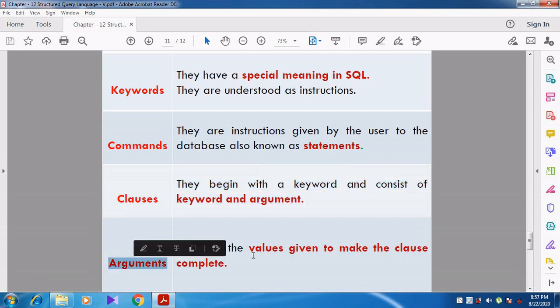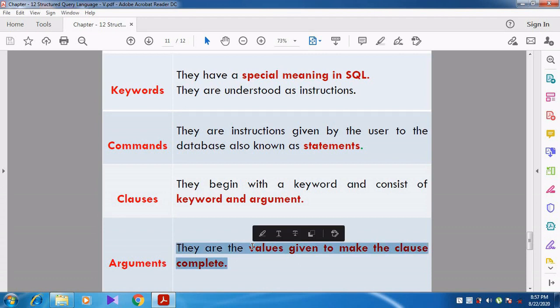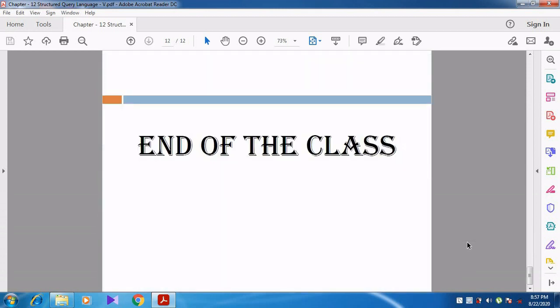Then what is meant by arguments? Arguments are the values given to make the clause complete. Like we discussed functions in C++, functions contain arguments, which are values. Here also the arguments are the values given to make the clause complete. I think you might have understood this.